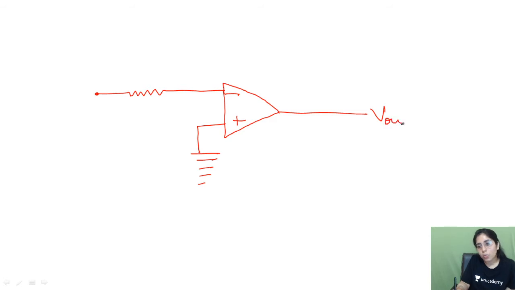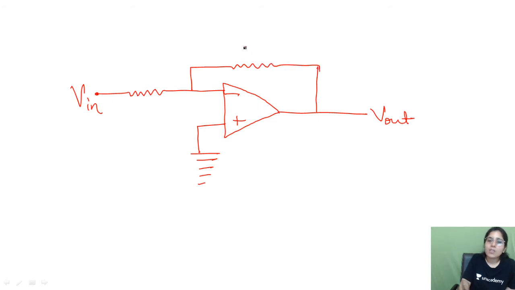The output voltage you are getting here, the input voltage you provided is V input, and now you are providing the feedback. In the feedback path you also have a resistance connected, that is the feedback resistance. In the last circuit I was not drawing the resistance, but the circuit you will actually have will also have the resistance in it. Clear? Now you can ask, why am I not showing the saturation voltage in this case? Is it necessary and compulsory to show it?